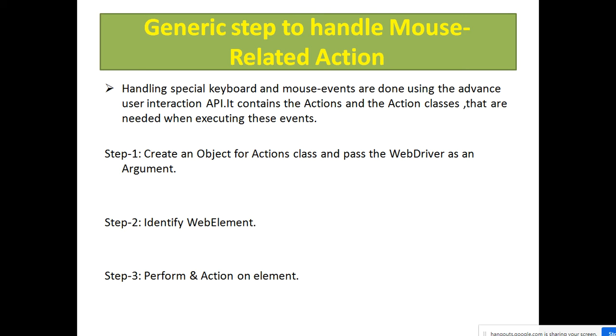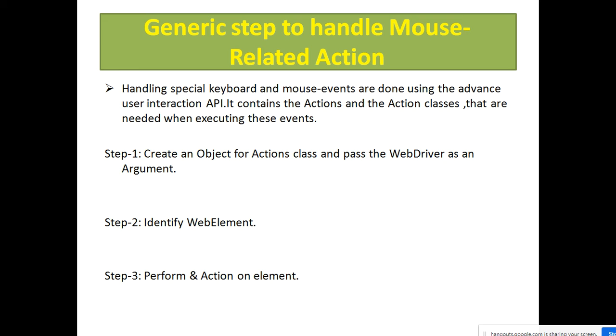We just need to learn how to use them. Handling special keyboard and mouse events is done using the advanced interaction API. It contains the Select and Actions classes that are needed when executing these events.